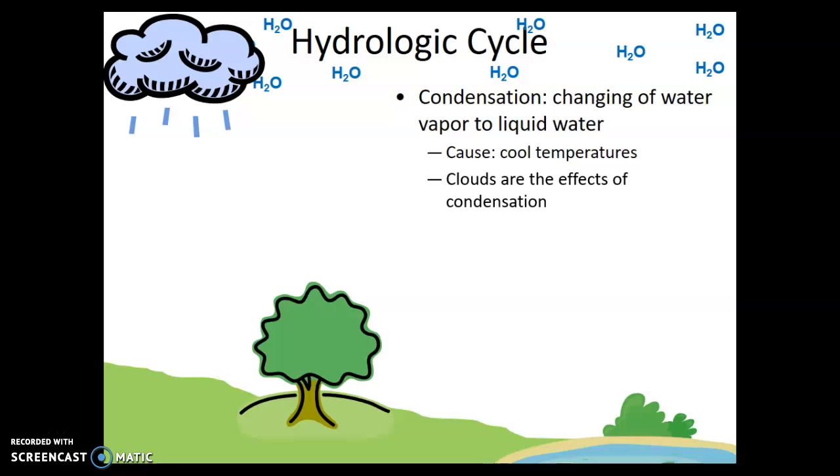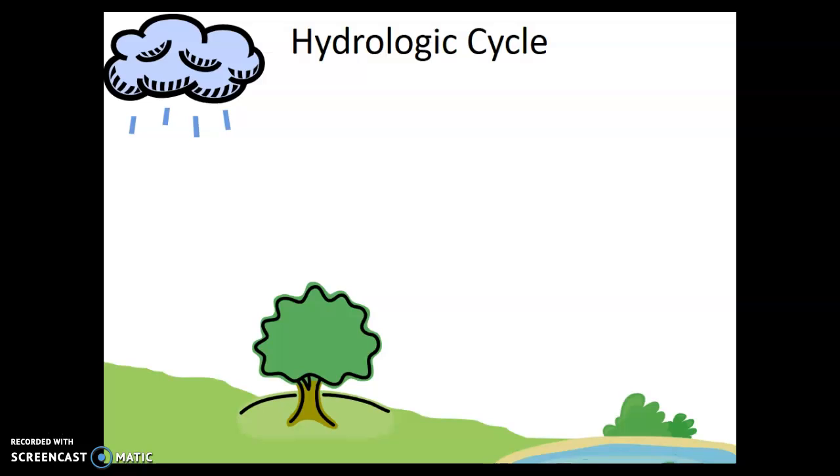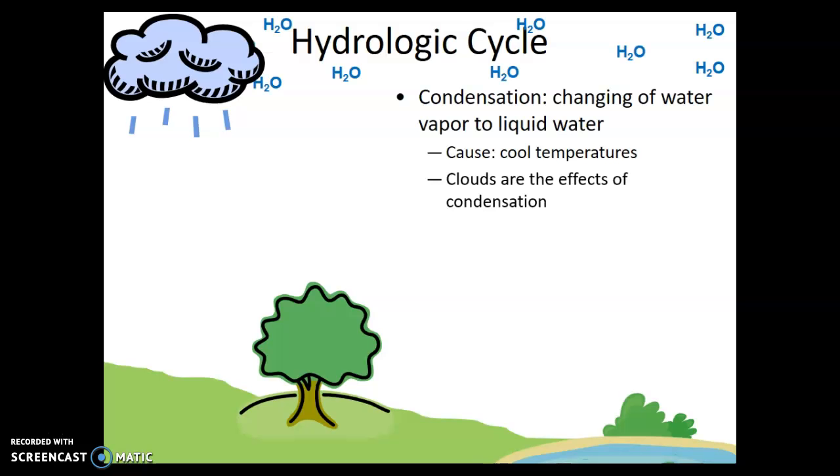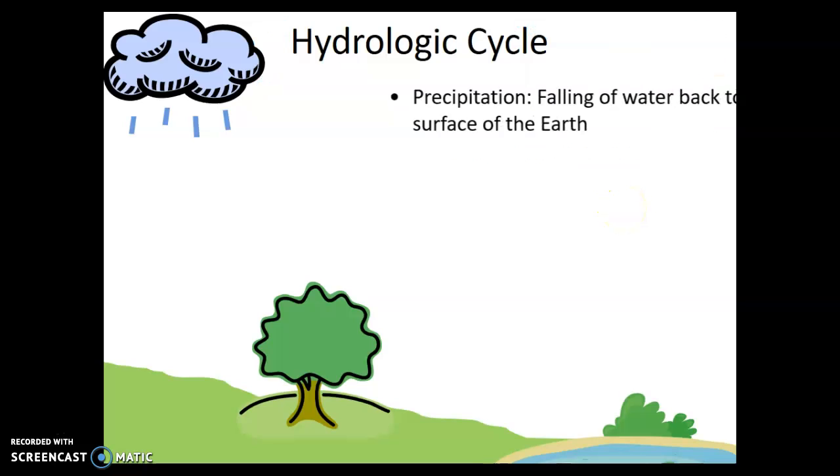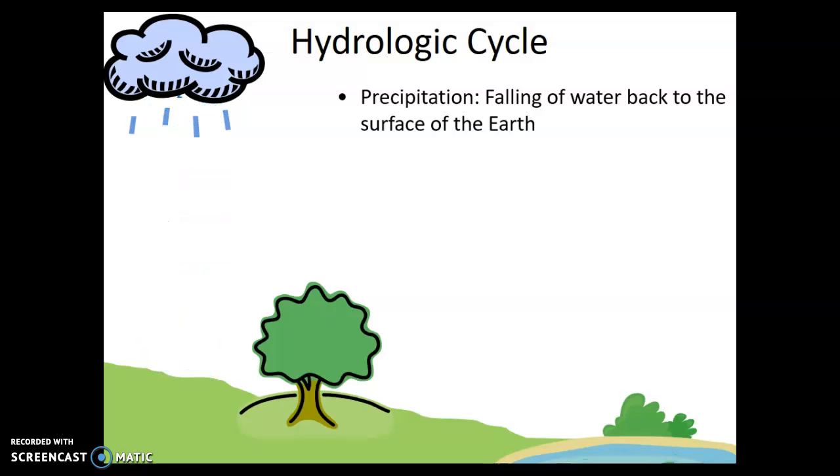So clouds are actually the effects of condensation. As water evaporates into the atmosphere, we get condensation to form our clouds, which will eventually give us rain. So clouds that form in the atmosphere are a direct result of condensation. After our water is in our atmosphere, it gets up to cooler temperatures, and it condenses into clouds, and then